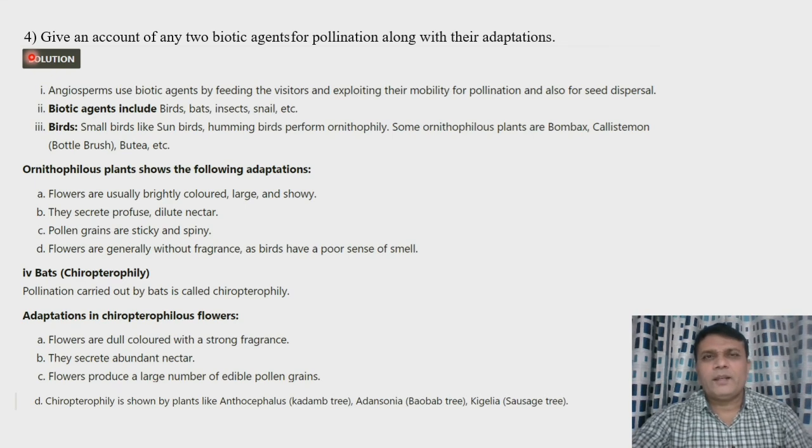Insect pollination is called entomophily, bird pollination is called ornithophily, and bat pollination is called chiropterophily. So you can write any two biotic agents